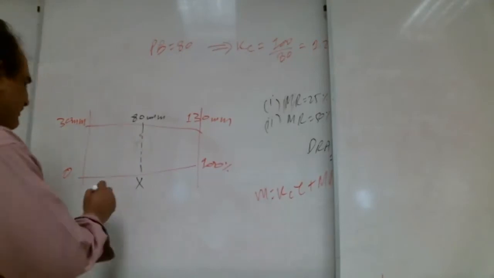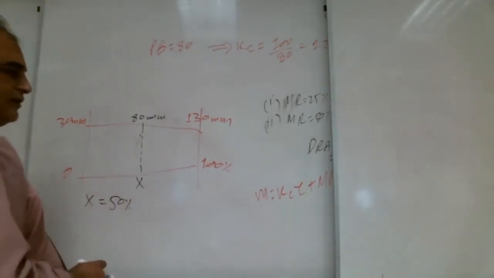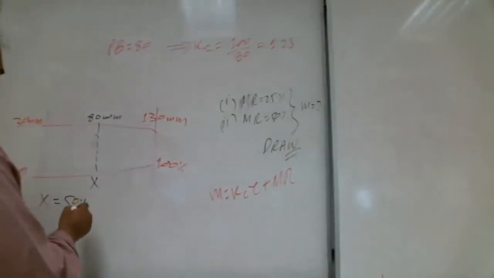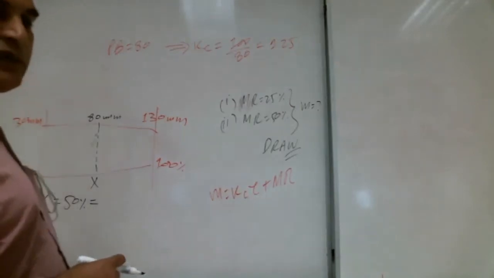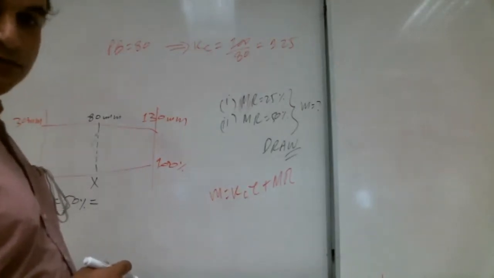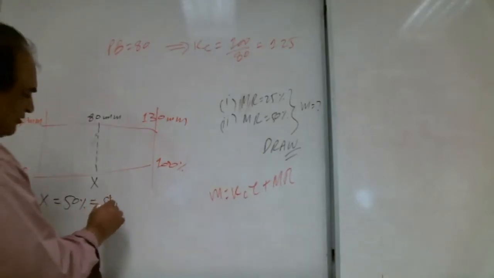Very good, 50%. Auto brother, they are typing 50%. This is our X. Right, Shabab? So this is our X. Is it the set point or PV? What is it? Set point. Lot of brothers, they are writing set point.